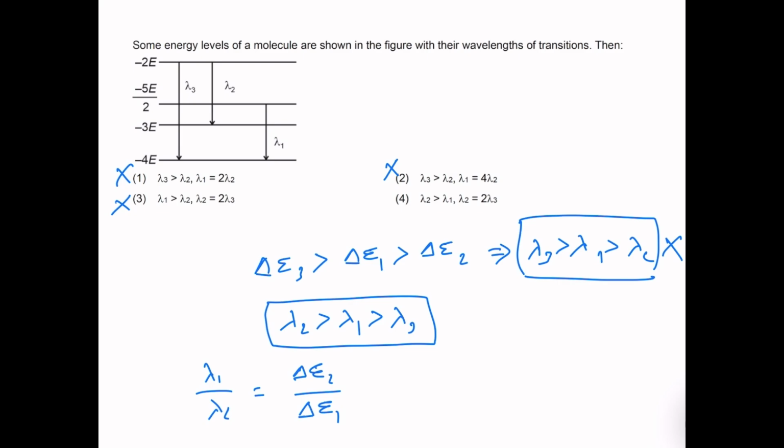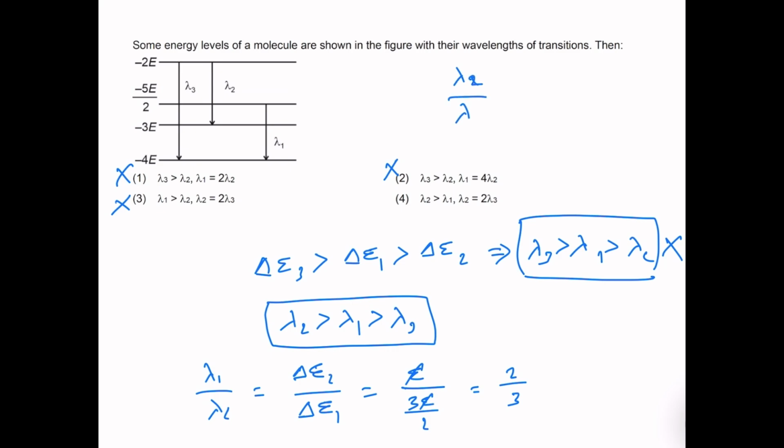So, what is the value of delta E2 we got? Delta E2 we got is just simply E, and then the delta E1 value that we got is 3E by 2, E cancels. So, what we have here is 2 by 3,